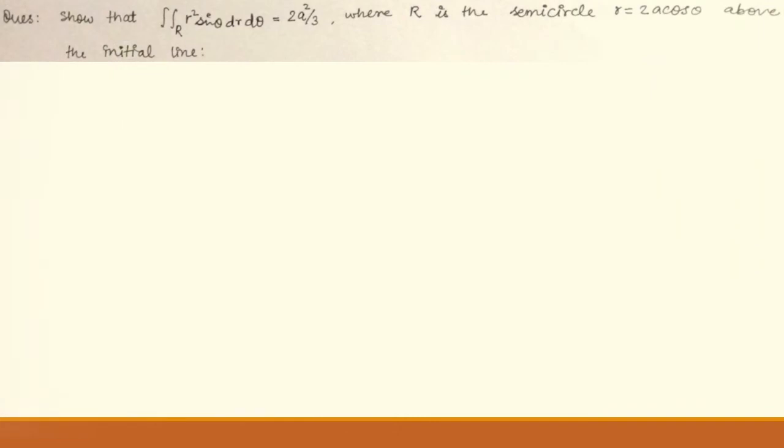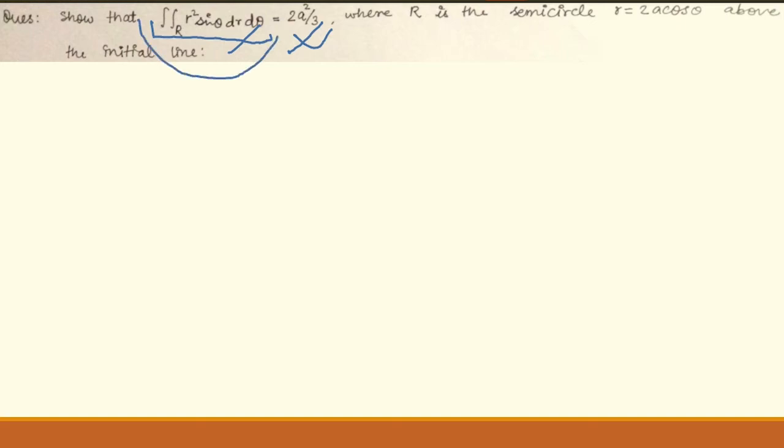So here it is. In this question, we have been asked to show a result, that is this double integral is equal to this. So first of all, I will tell you that this cannot be shown, because this result which you are seeing is incorrect. So what we'll do, we will solve this part and see the right result.